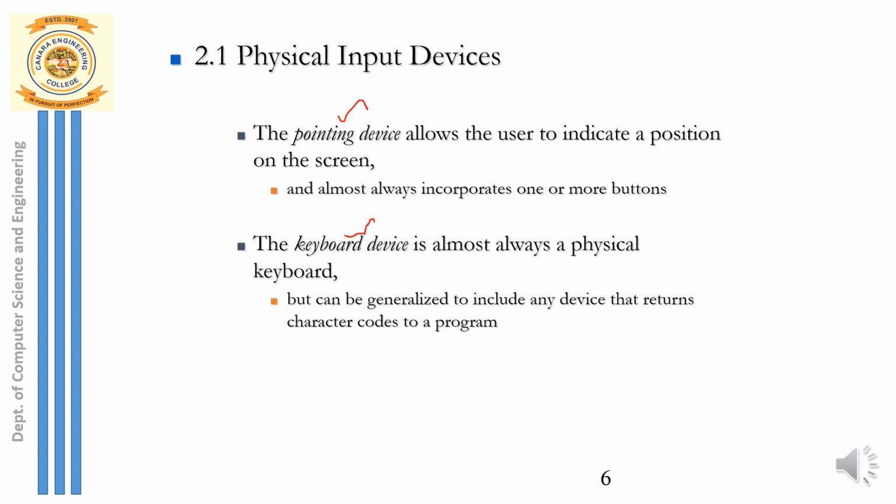So here, what is a pointing device actually? A pointing device is the one that allows the user to indicate position on the screen. So what is the meaning of this? Here, you can just see one red pen that I have enabled, and you can see it moving all around the screen. Assume my entire screen here acts as a display window, and this red pen that I'm moving here is nothing but the mouse or the pointing device.